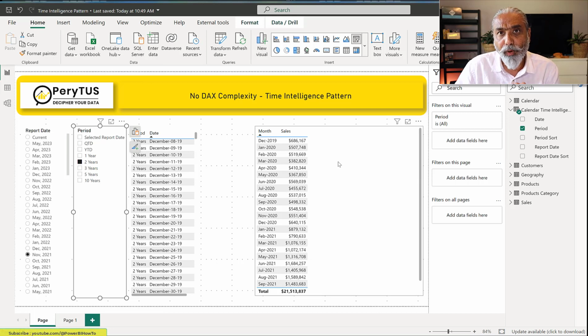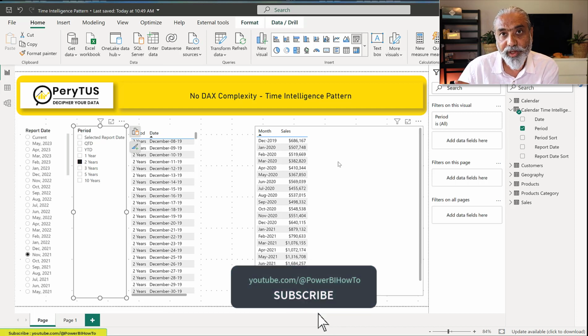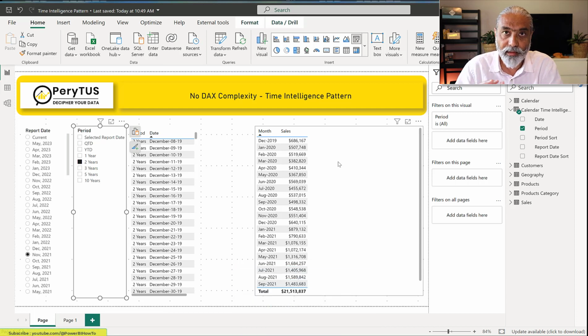One good thing about this particular pattern is that we can use it on any measure, because the complexity is taken on in developing this time intelligence table or pattern in our model, instead of doing the calculations in the DAX. Here I'm using the sales measure, which is simply a sum of sales, and I can use any other measure, like a sum of quantity, number of orders count,